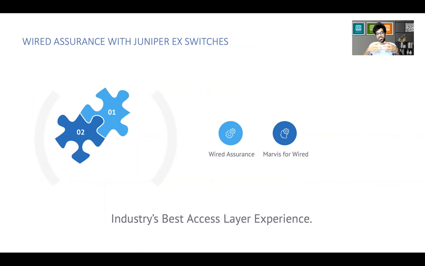but that is half true. Juniper really acquired Mist for the AI capabilities that Mist had, and we wanted to make sure that we mystify every product of Juniper moving forward. So we started off with the wired assurance part, where we kind of mystified the Juniper EX switches,